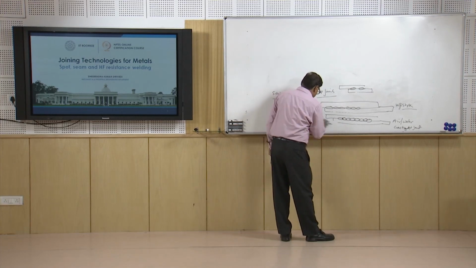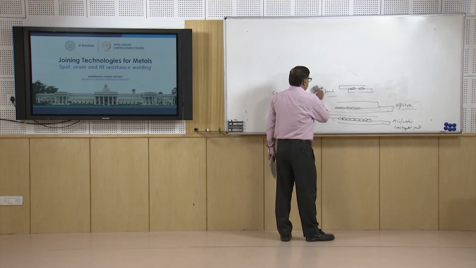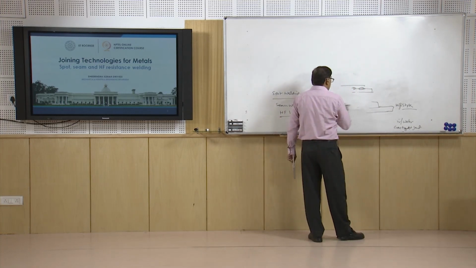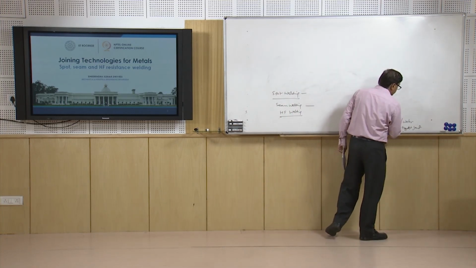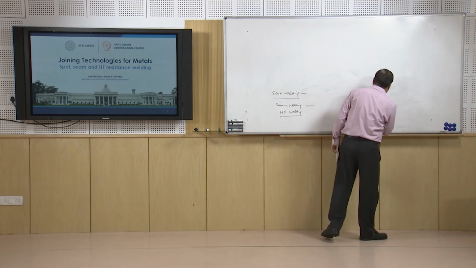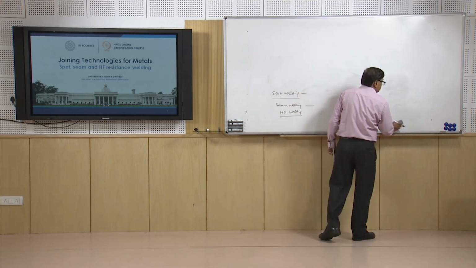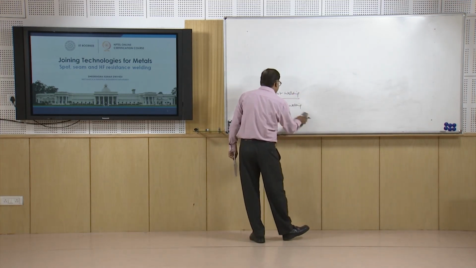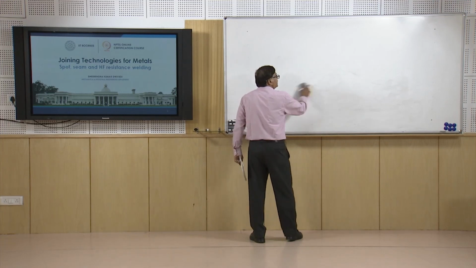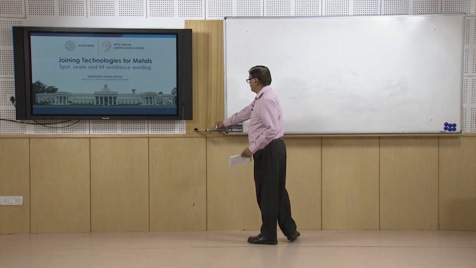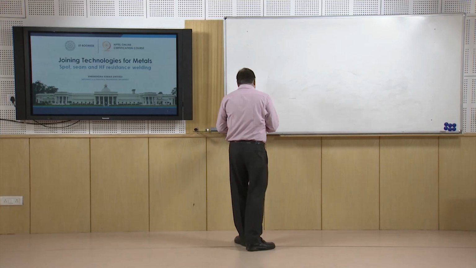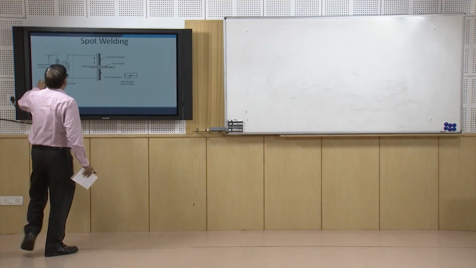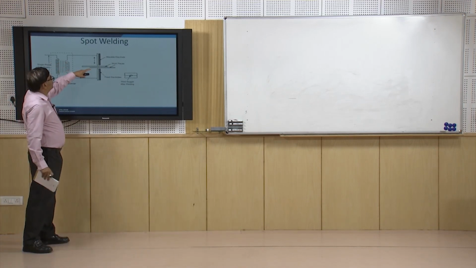intermittently. The high frequency resistance welding process is another, somewhat newer development, which is mainly used for the high volume production, for developing the joints between the plates as well as the pipes. So, we will talk about all these three processes using this presentation here. What we will see here, in this case, is one power supply,